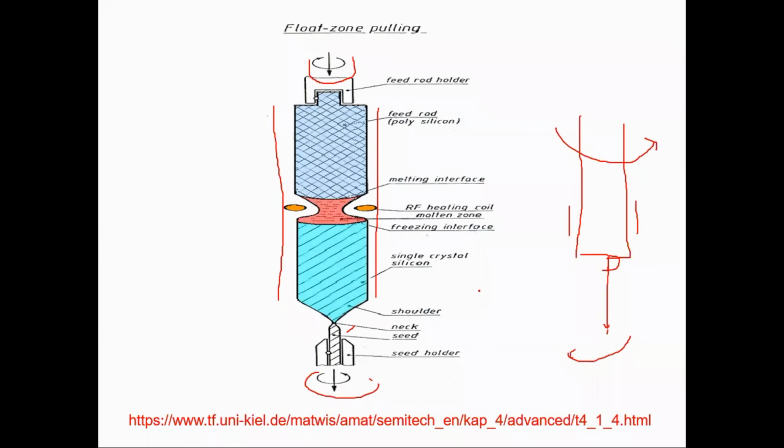The orientation is selected based on your requirement, whether you want 100 Miller indices or 110 Miller indices. It depends upon your requirement. And why do we need this? Because certain processes, oxidation and etching, are favored by particular Miller indices. That's why we are interested in a particular orientation.